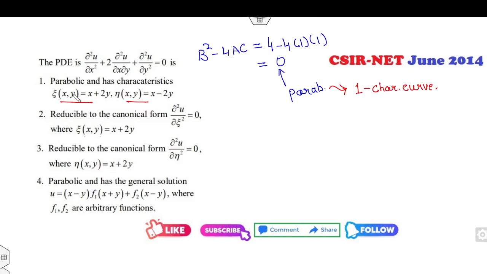So you can see the first case is two characteristic curves. Once there are two characteristic curves, your equation will be eta of this will be 0. Now you can see, so this option is also cancelled. There is only one characteristic curve, fine. So it's parabolic, but this has the two functions f1 and f2, while we need only one characteristic curve. C is my right answer of this problem.